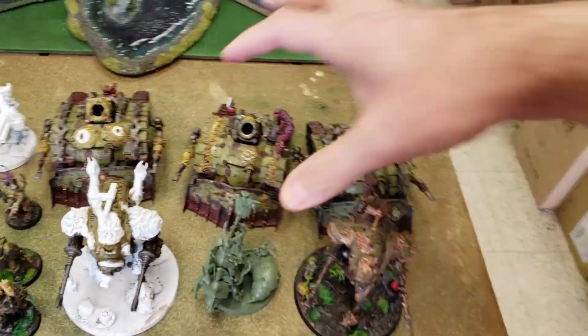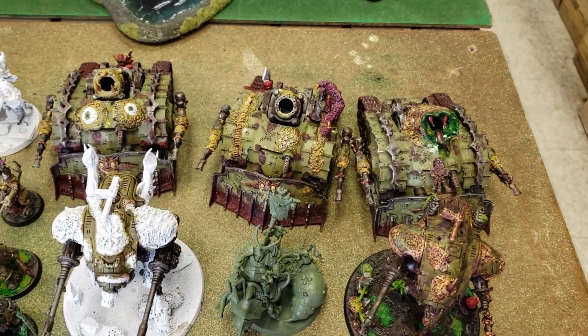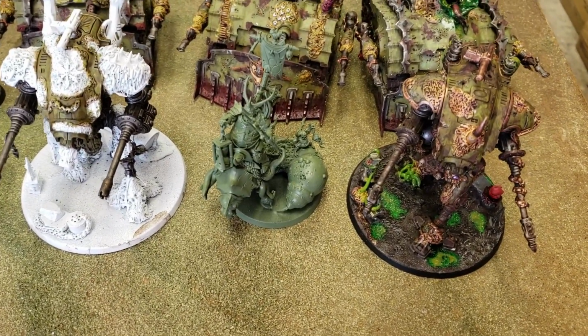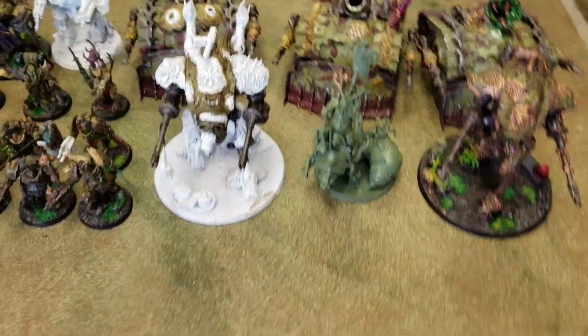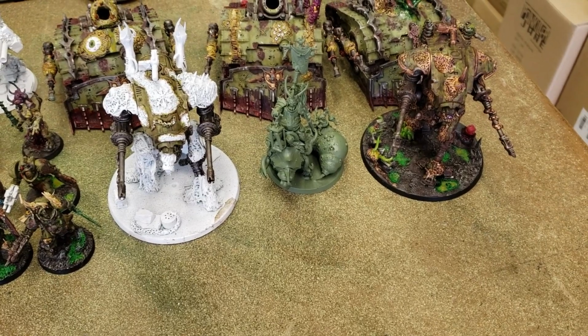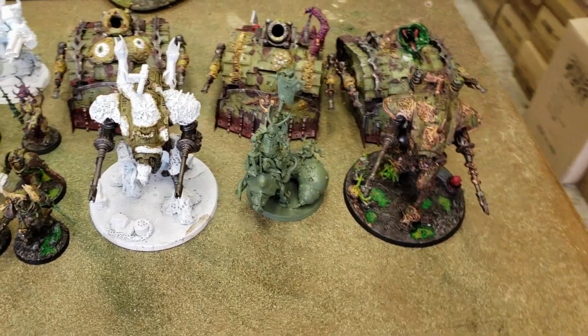Starting over here, we have a Spearhead detachment. It is 3 Plagueburst Crawlers with the Spitters. And then Epidemus is doubling as a Demon Prince this game, so he's usually used as my foot Demon Prince when I need one. And he is my Warlord. He has Arch Contaminator, and I'm going to take Revoltingly Resilient this game